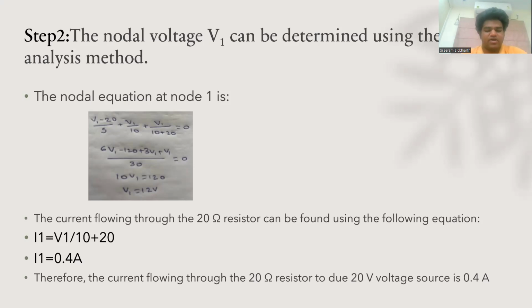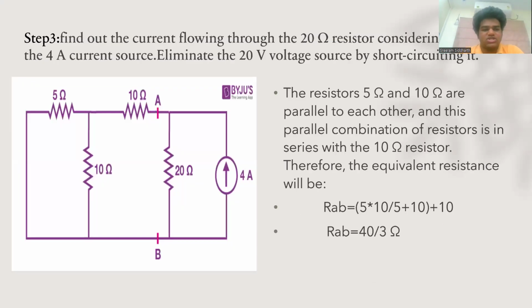So we need to find the I1 current. We use I1 equal to V by 10 plus 20, and we get I1 current as 0.4 ampere. So the current flowing through the 20 ohm resistor due to the 20 volts source is 0.4 ampere. Then, in the next step,